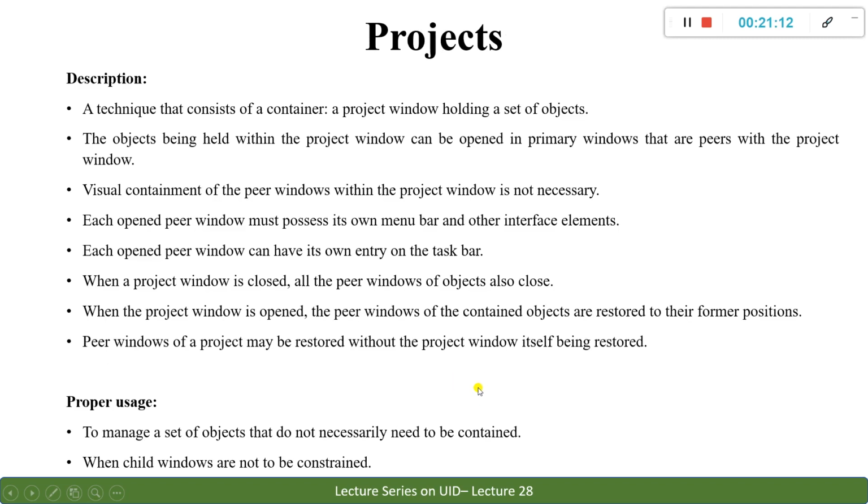Okay. And the other set of window management schemes is the project. What is a project? It is a group or set of objects held in one single folder or container, and when that particular project is run, all the multiple windows are opened in such a way that they have their own identity on the taskbar.